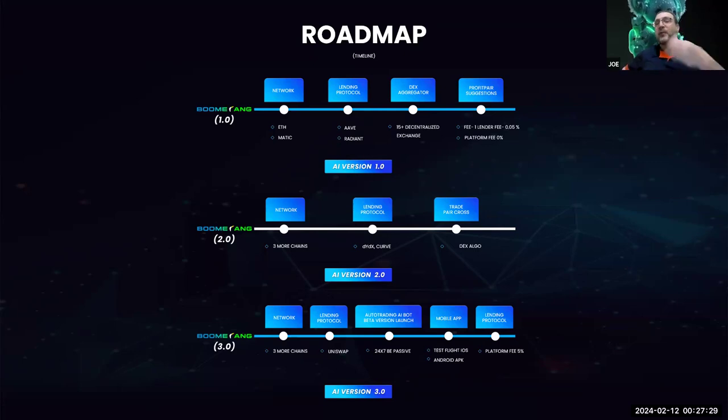And then, of course, there will be a mobile application that you can download to your phone. Currently, we're accessing Boomerang through a DApp online, and on your phone, you can access it through your Web3 wallet and its inbuilt web browser. At the final stages, there will be a platform fee introduced of 5%. That platform fee will automatically be included within the entire transaction process and automatically deducted. So the final percentage profit that you see will be the final percentage profit that you receive.